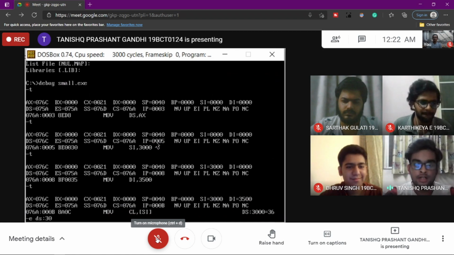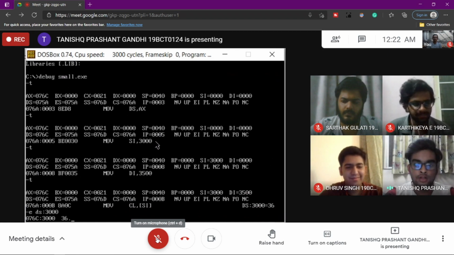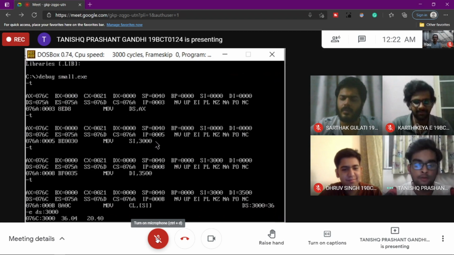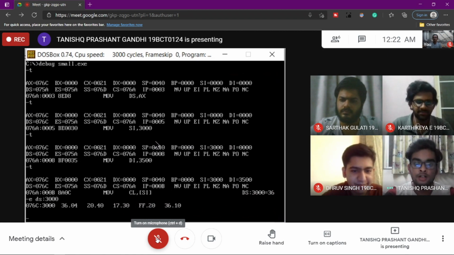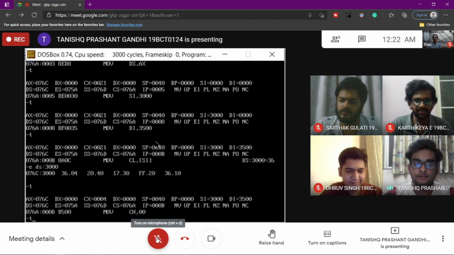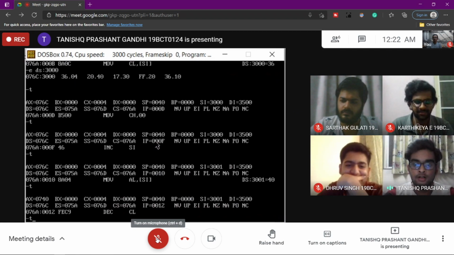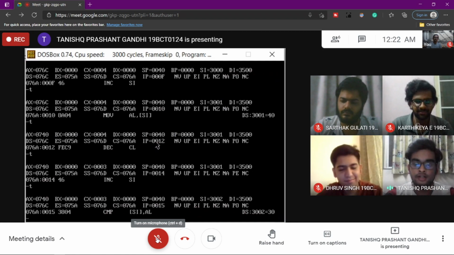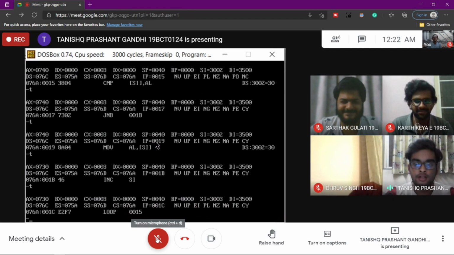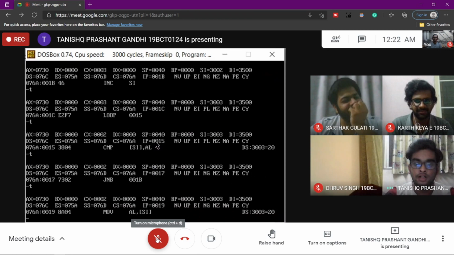So we are starting with address location 3000H. I'm going to store 4 elements in my array. So my first element, suppose I give 40, second 30, then 20, and then 10. These are my elements in the array, and I have to find the smallest number from them. The loop will be the same as for the largest number, as we are passing 0, then incrementing to the next. Then here 40 will be compared with 30, and as 30 is smaller, it will be moved to AL. Here we can see 30 is moved to AL. Similarly, the comparison will be made till we get 10 as the smallest number, as we can observe here.